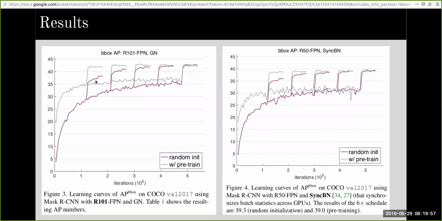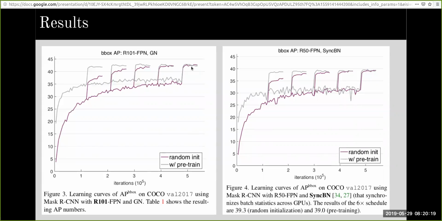The spikes that you see here indicate different schedules. The authors in these experiments have run the same baseline model for different schedules, which is nothing but they have used schedules called 2x, 3x until 6x. So with each schedule, the number of iterations gets increased.